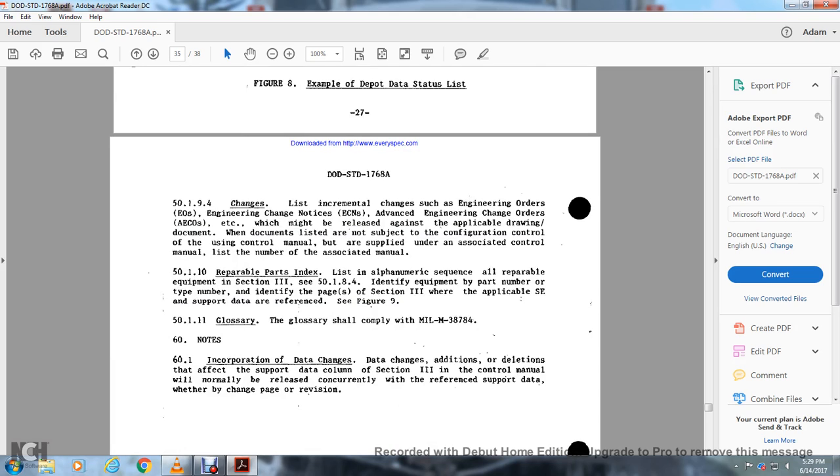Alright, change list and incremental change, such as engineering orders, engineering change notices or advanced engineering change orders, etc., might be released against the applicable drawing or document. Documents listed that are not subject to configuration control using a control manual, or supplied under the associated control manual, list the number of the associated manual. 5110 repairable part index. List in alphanumeric sequence all repairable equipment in section 3 with the C50 184